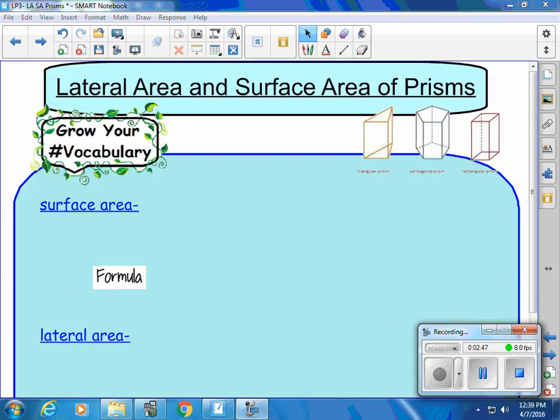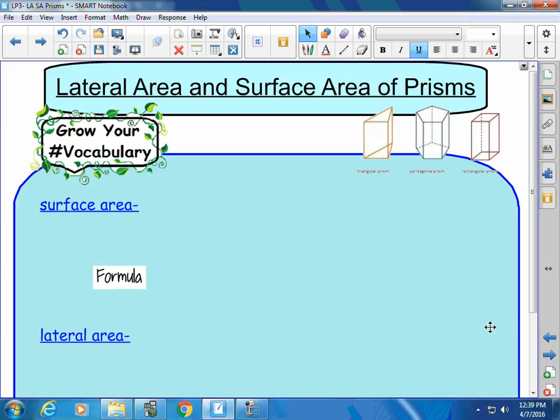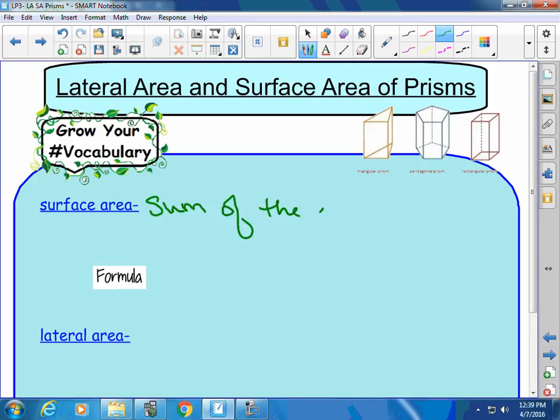Today we're going to be talking about the lateral area and surface area of prisms. So over here on the top right corner, you can see some pictures of prisms. Okay, we have to know what lateral area and surface area are in order to complete this. So surface area is the sum of the areas of all the faces